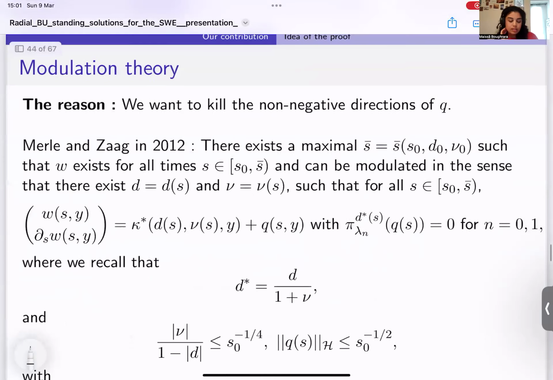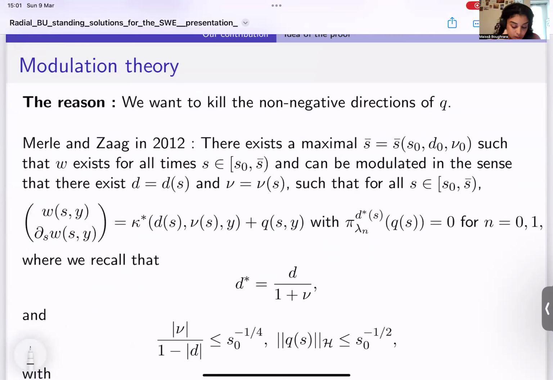Okay, so there is the work of Merle and Zaag in 2012 where they did this modulation in the case of dimension 1. But actually, it works also in our case, higher dimension, but radial symmetric case, where they showed that actually we have the existence of a maximal time that depends on our initial parameters that we took, the initial data, and the S0, such that the solution W will exist for all times between S0 and S bar,